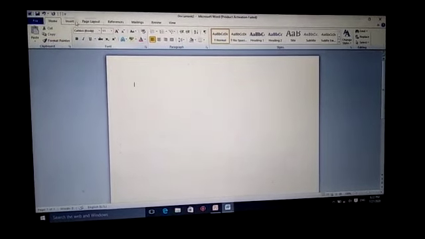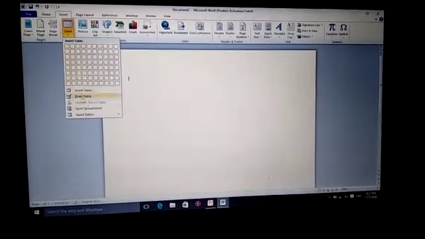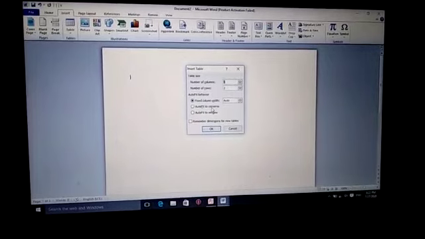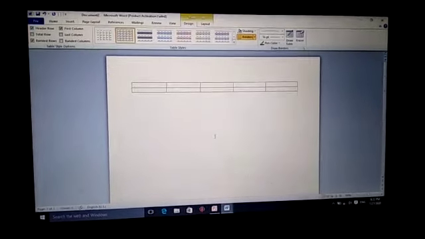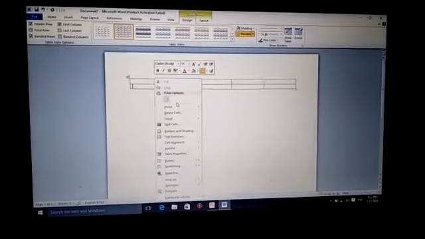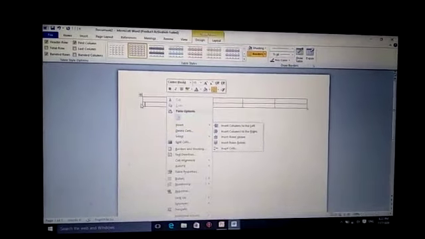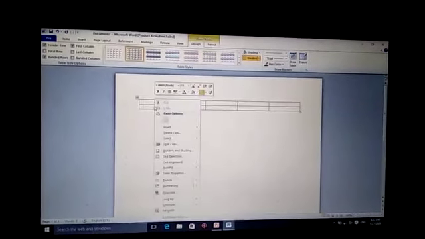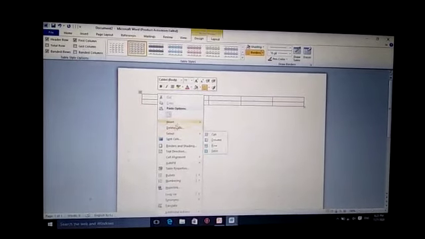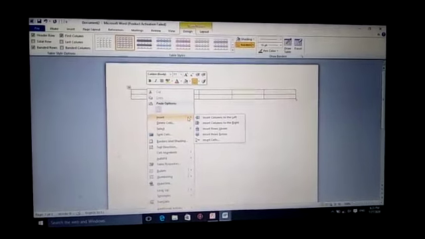So let me create another table, or insert another table, using the insert tab. So here I have to mention, suppose, 5 columns and 2 rows. Okay, click on OK. Suppose I want to insert a new column. So here you can see if I right click on the cell, you can see the options insert, delete, select and so many drop down menus are available.